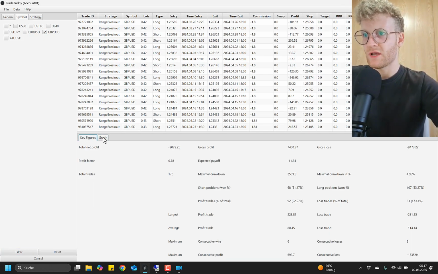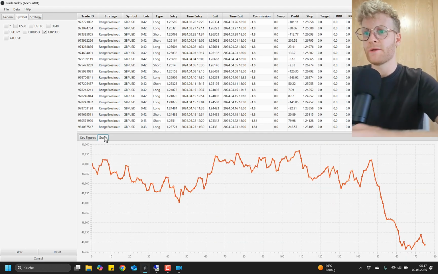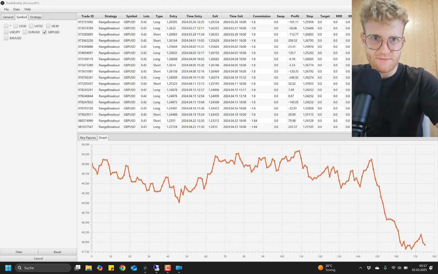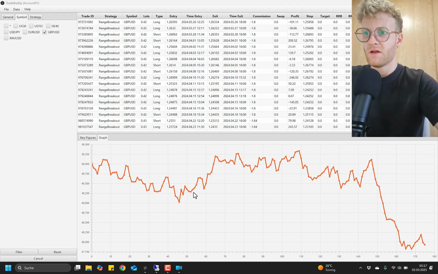Then GBP-US dollar is performing very bad. 2% lost, 2,000 euro lost, which is 4% actually in this account, in this single strategy, which is just bad. So this is the one strategy where maybe I should think about changing something, but on the other hand, it's just the last 2 months, which were very bad. This can easily turn around. But yeah, GBP-US dollar is just not performing at all.